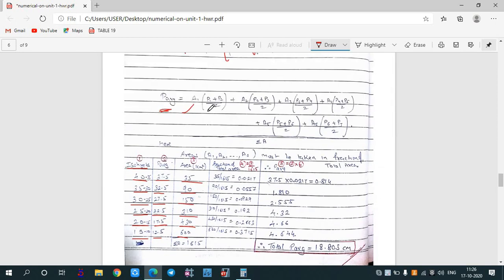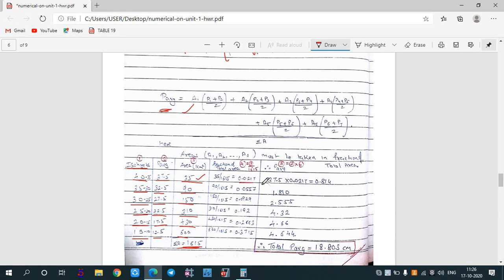Okay. So what we have done is that we have calculated three parts of the table. The first is your isohyet, then your P average, then your area. After that, we'll divide each area by the total summation of the areas. We need to add all these areas. The final value was coming out to be 1615. So we'll divide each area by the total sum. So this will give you what?